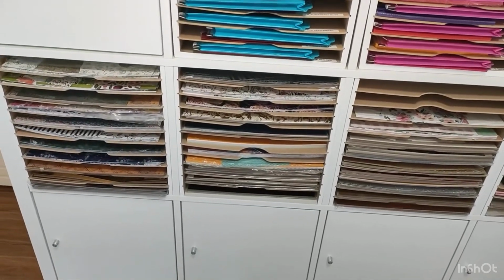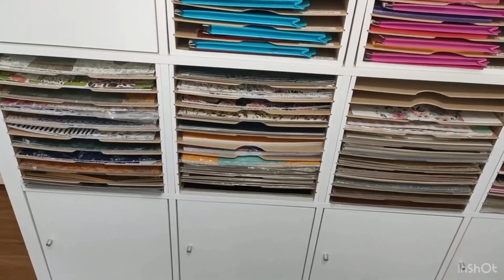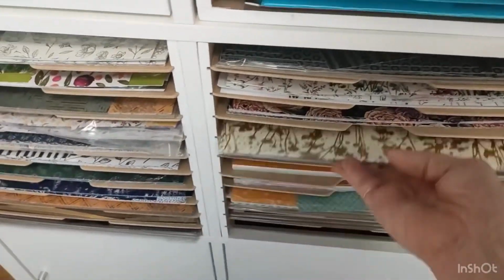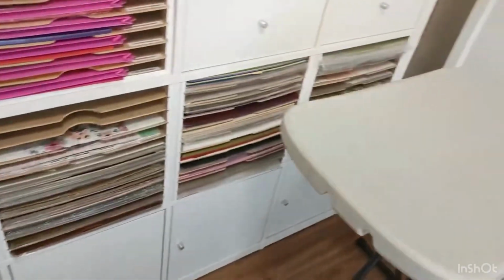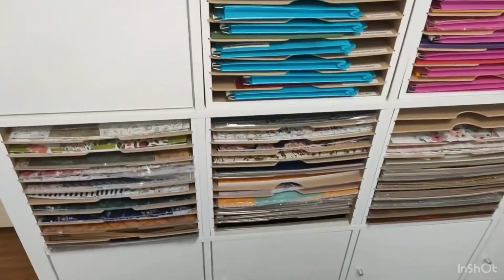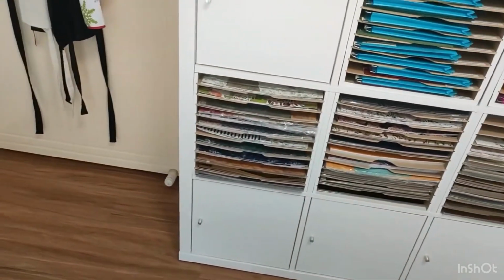And then the second row is a lot of the mini catalogue papers. This one here, which is one of the new ones, and some of the retired ones. That's out of the mini catalogue, the male DSP, Legendary Ride, I think it's called. It's a bit low to get to the bottom, so I won't bother going down to the bottom, but it's